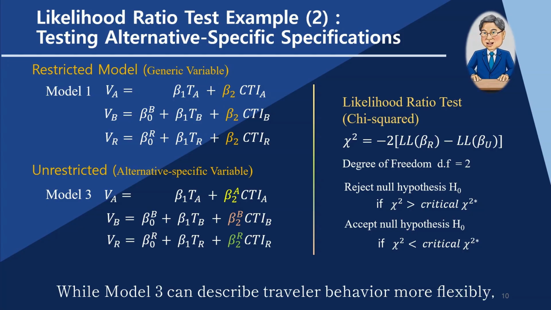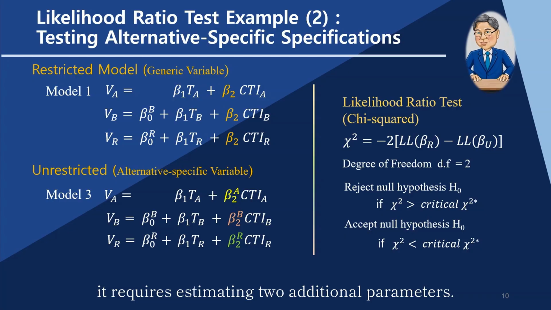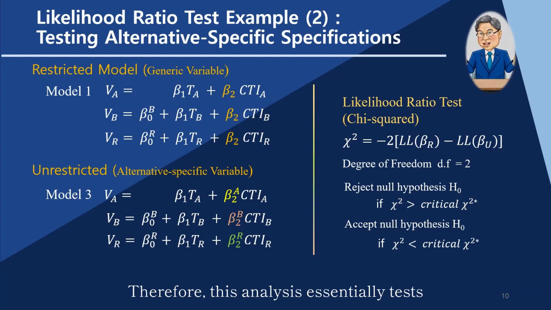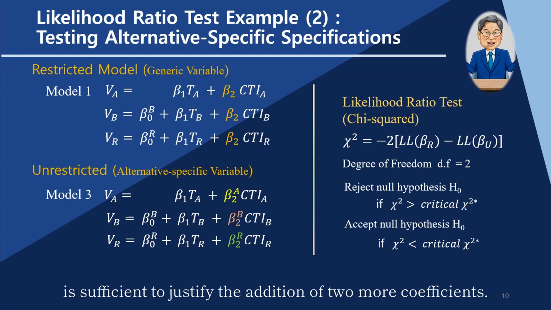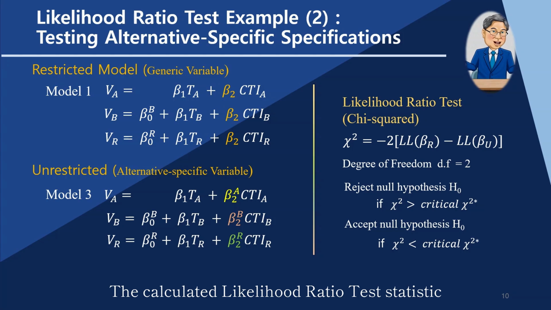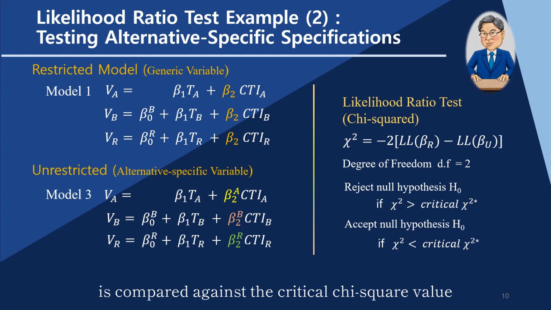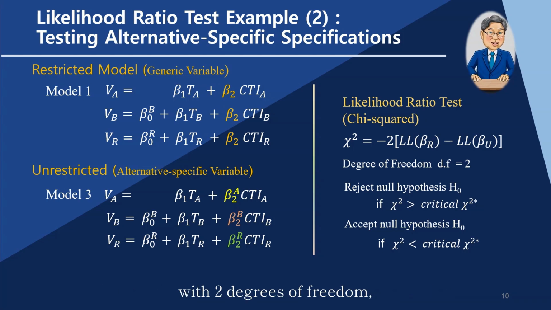While Model 3 can describe traveler behavior more flexibly, it requires estimating two additional parameters. Therefore, this analysis essentially tests whether the improvement in explanatory power is sufficient to justify the addition of two more coefficients. The calculated likelihood ratio test statistic is compared against the critical chi-square value with 2 degrees of freedom, as